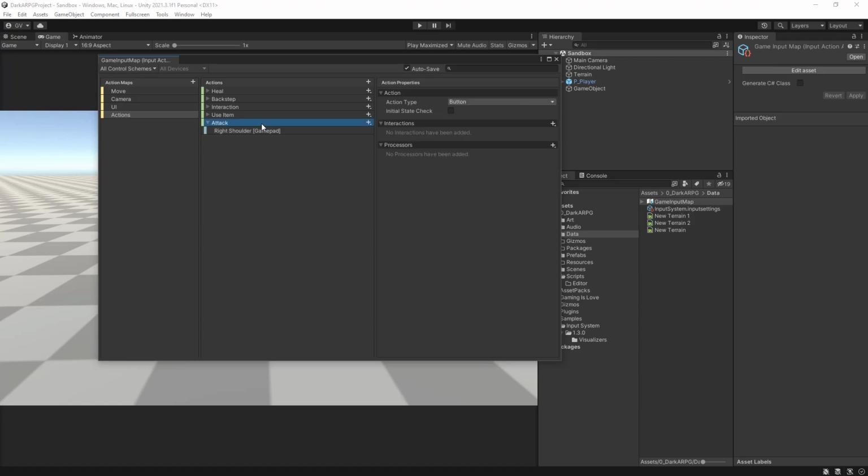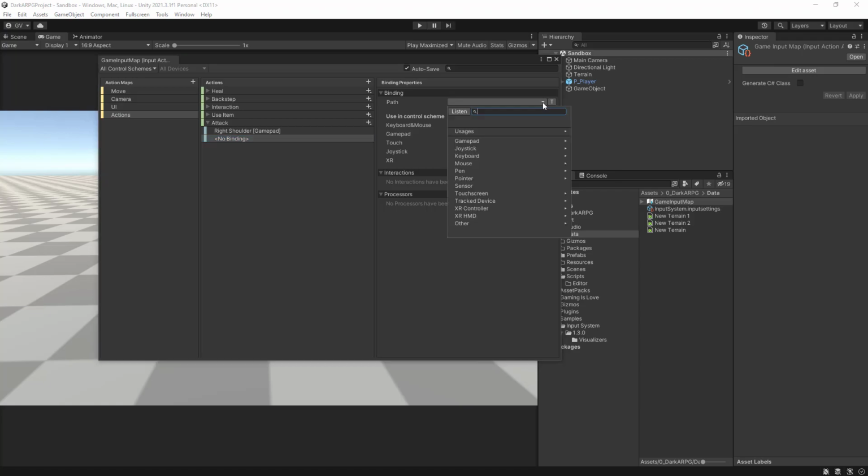and for the keyboard let's add a new binding, and this binding is going to be, let's see if we can listen here, listen to the left, well, not the right one, we want the left, so let's just select it from here, mouse left button. Yep. So this will trigger our basic attack or light attack,